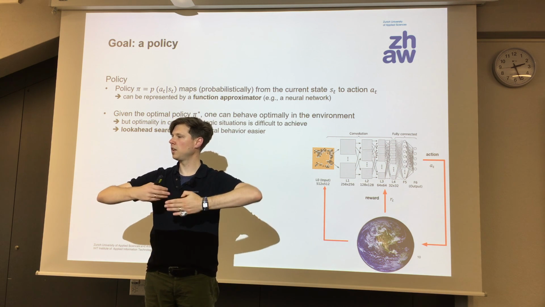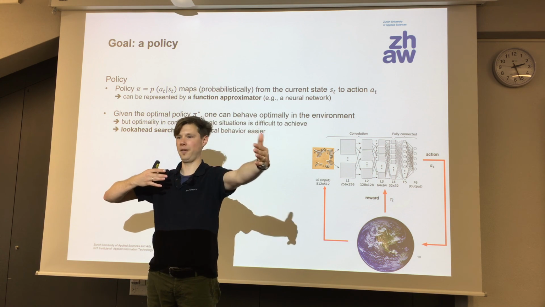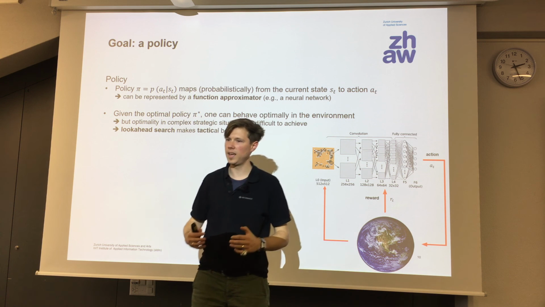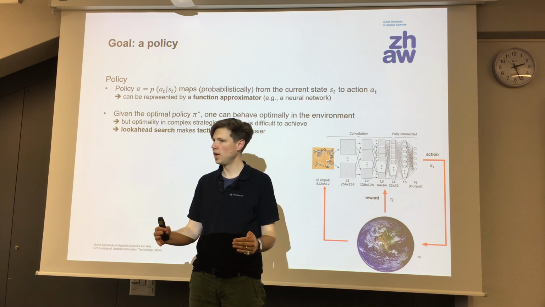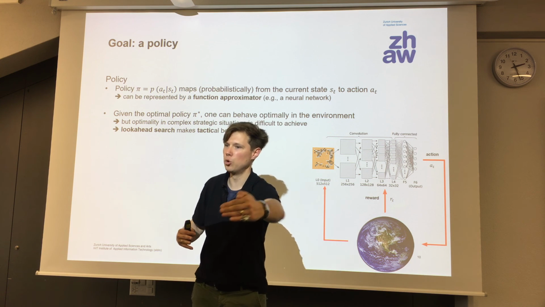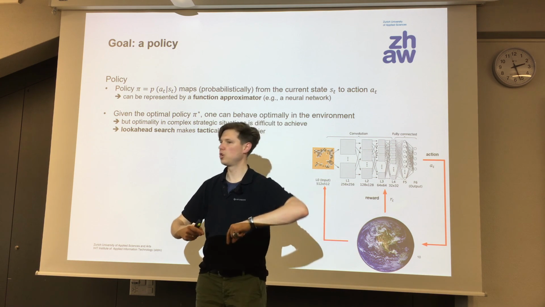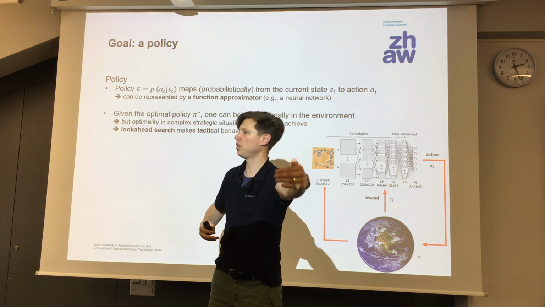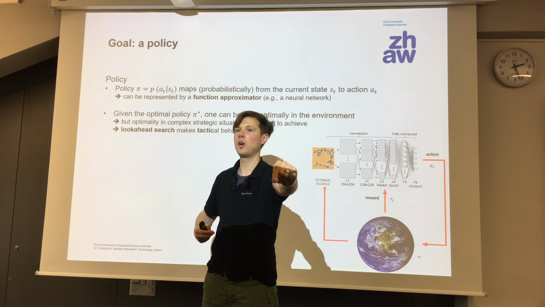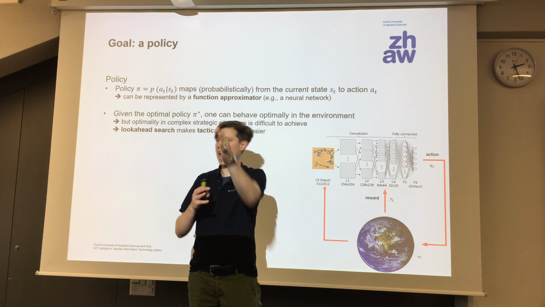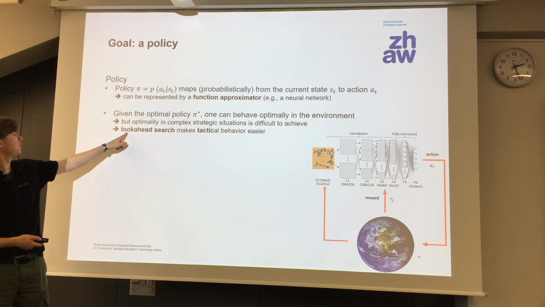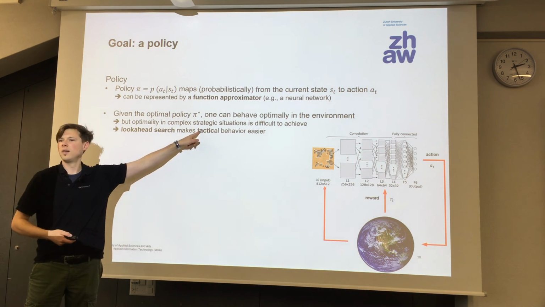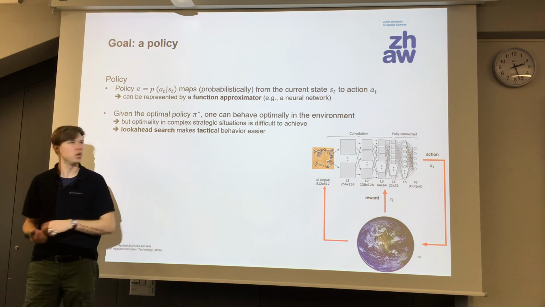But a very good player can do this for, I don't know, 7 moves ahead. You not just rely on your intuition, which of the current moves is the best one, but you try to think ahead a couple of moves, always using this intuition, because 7 moves ahead, you are much closer to the end. You will have a better estimate of the end. So you do this planning ahead. This we could call a strategic look ahead to let tactical behavior emerge.